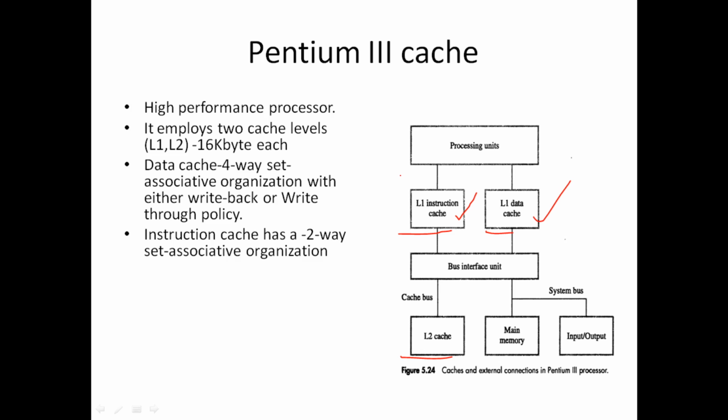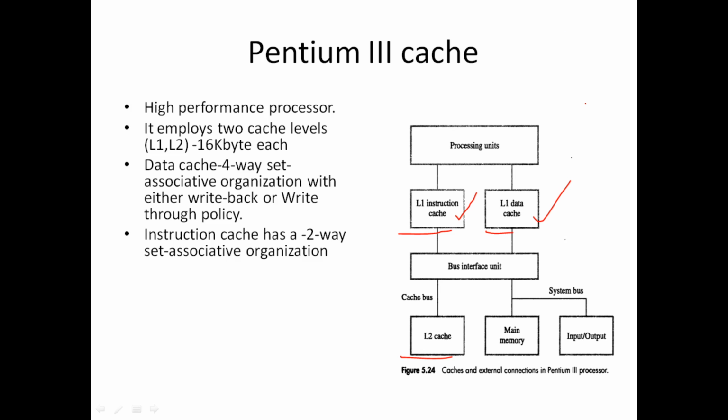Improvements in VLSI technology have made it possible to integrate the L2 cache on the processor chip. This was done in the Pentium 3 version known as Coppermine. In this case the cache size was 256 kilobytes, it was 8-way associative, and the L2 cache is on the processor chip. It is possible to use a wider 256-bit cache bus.